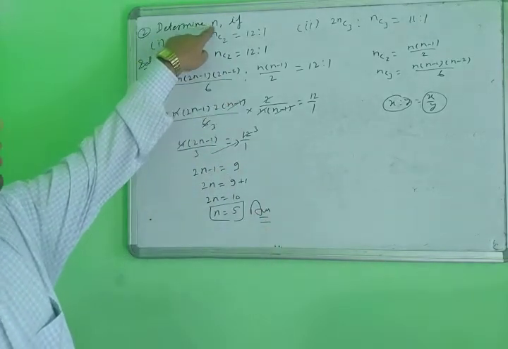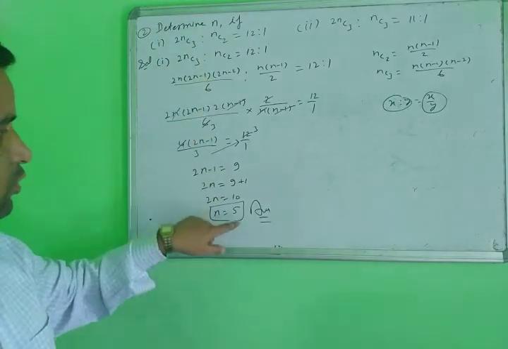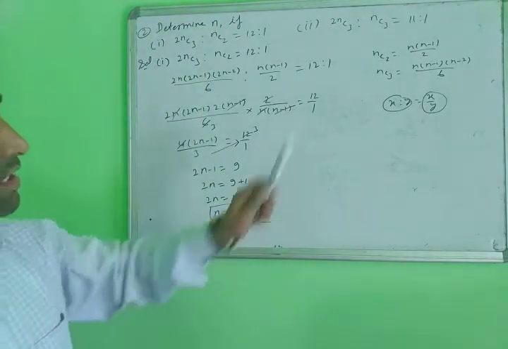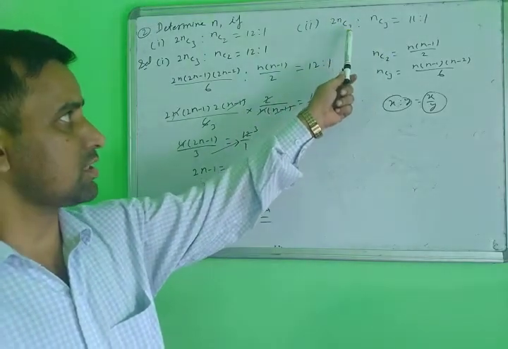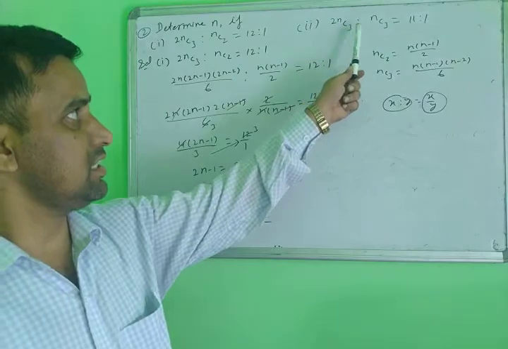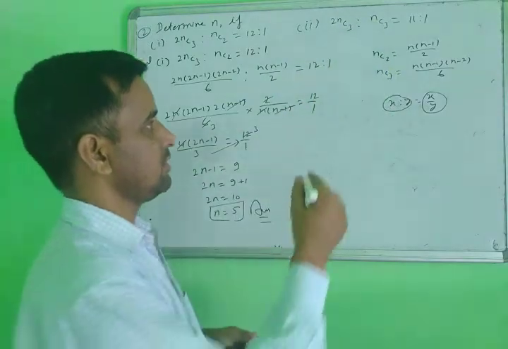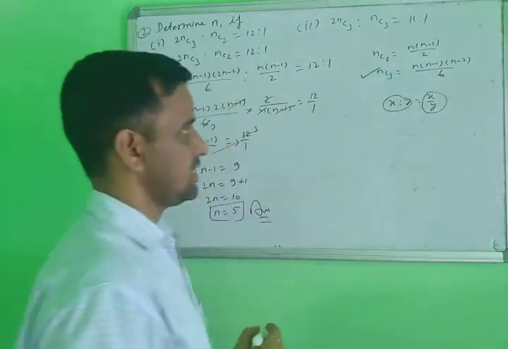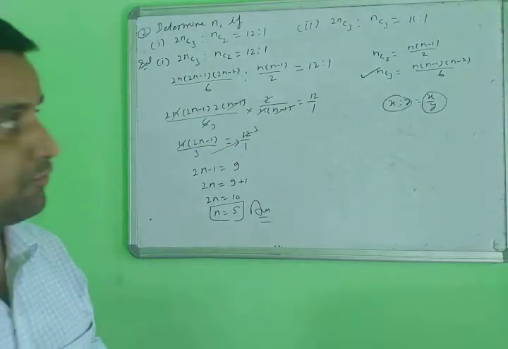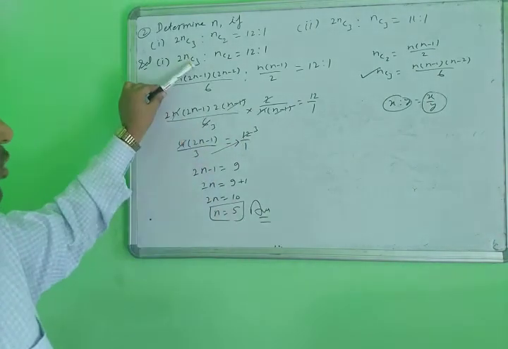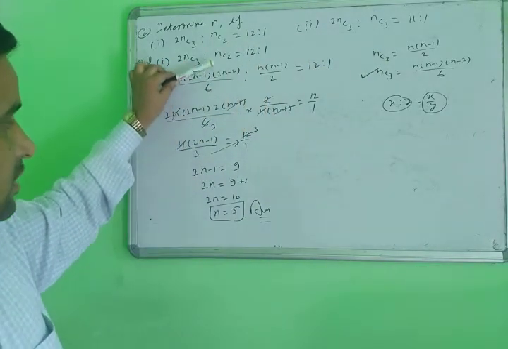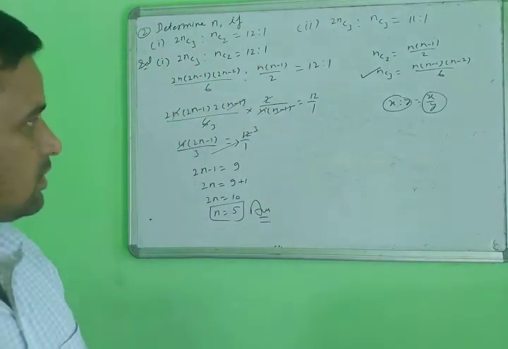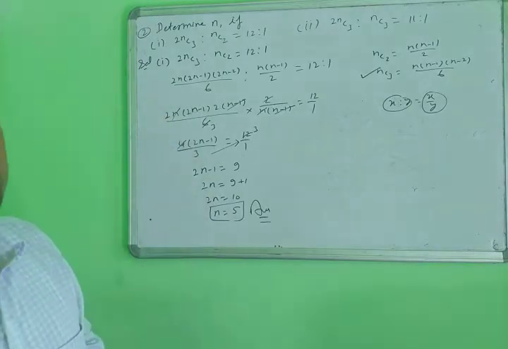Because you have determined the value of n, according to this you will solve this question. Similarly, we will solve the second part. Similarly, you will use the shortcut trick for nC3 and nC3, both parts using nC3, and then find the value of n. So first of all, you must learn these shortcut tricks. Then you will make the calculation very easy and get the correct answer to the problems. Yes, note down, then solve the next part.